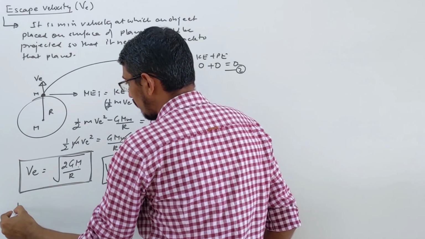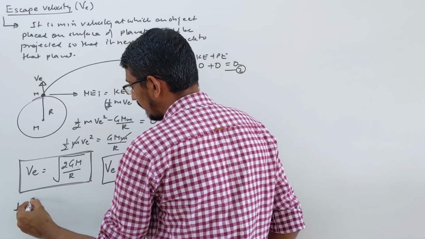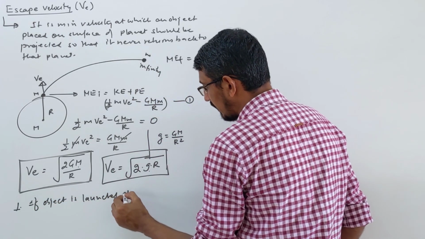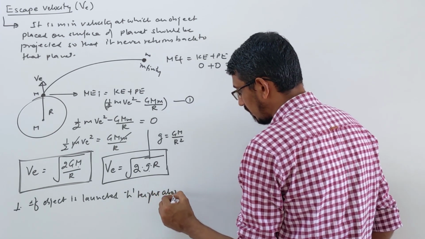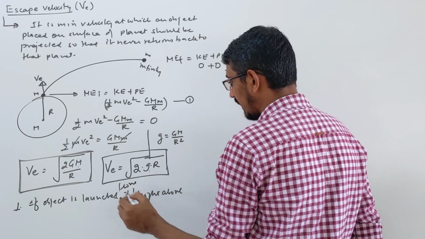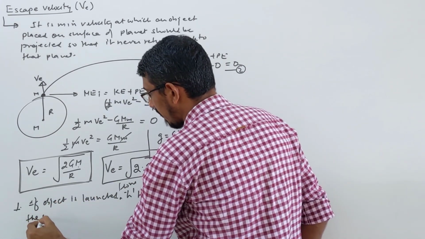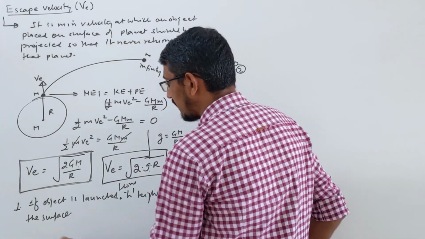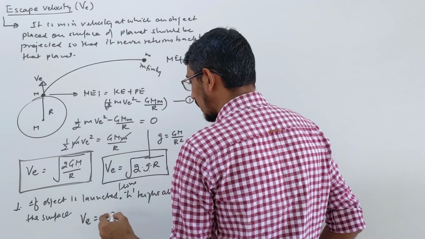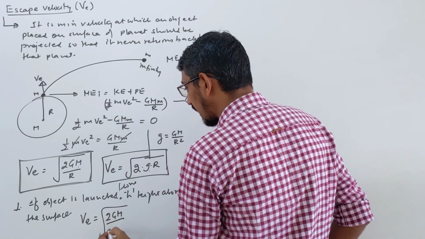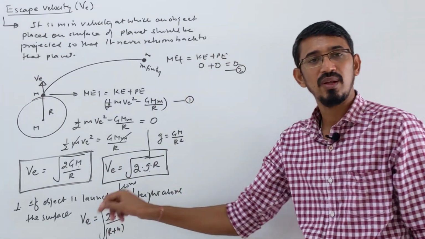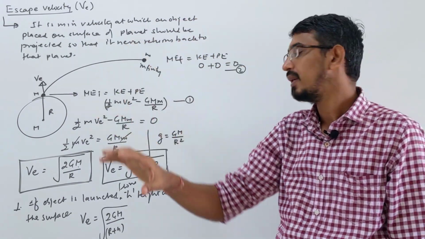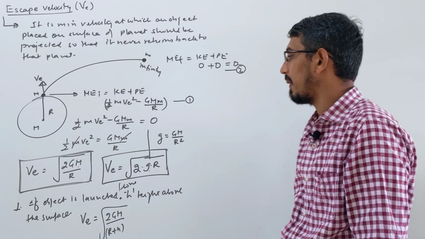I write now a few small points here which will be very important, right? If the object is launched from h height above the surface. If you are launching from the surface of that planet, these are the formulas, right? If you launch from some h height, then escape velocity will look that way, the total distance you have to write, root 2 GM by r plus h. Yes, escape velocity will be reduced, right? Now if you are launching from some higher point from the surface of the planet, then its escape velocity will be reduced, correct? Okay, point 1.